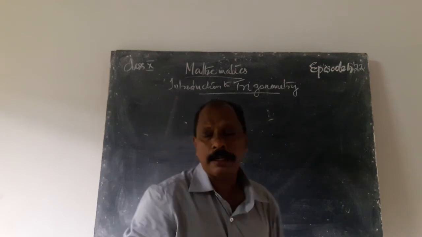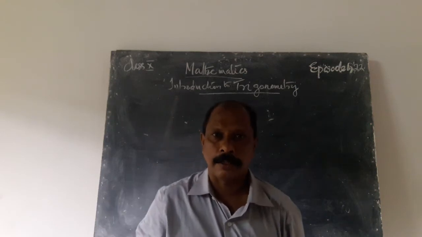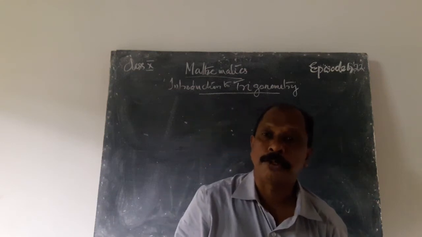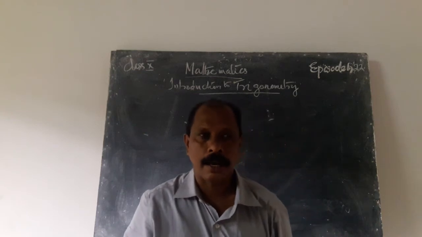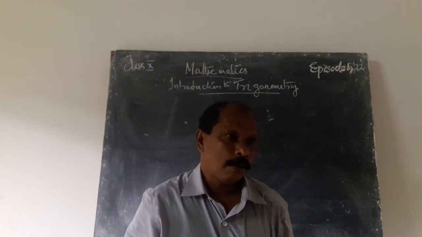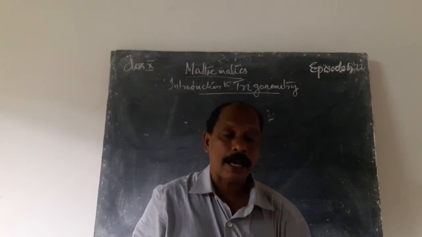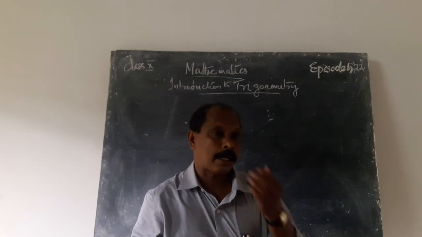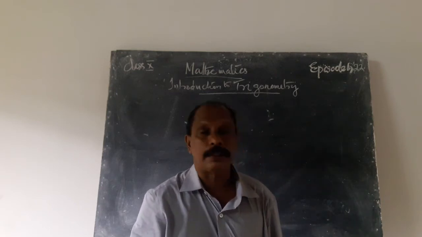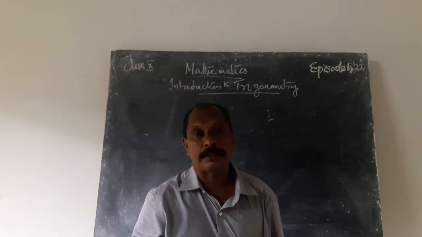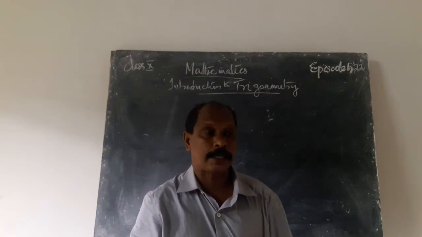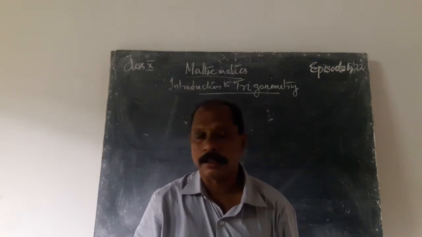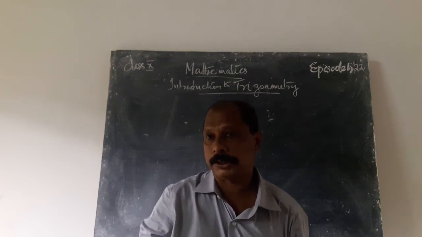If any one angle is 90 degree, it is a right angled triangle. Therefore the sum of the other two angles is also equal to 90 degree, because the sum of the angles of a triangle is 180 degree. One angle is 30 degree, other angle is 60 degree, because 90 minus 30. One angle is 45 degree, other angle is also 90 minus 45, that is 45 degree. Therefore that triangle is also isosceles and it is right angled. Therefore that triangle is known as isosceles right angle triangle. Therefore base and altitude are equal in measure.